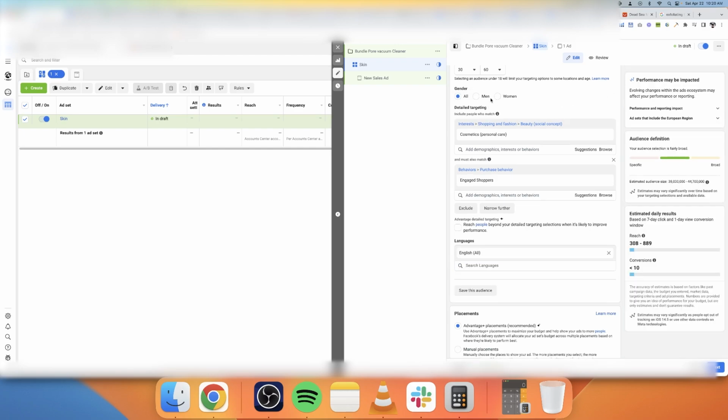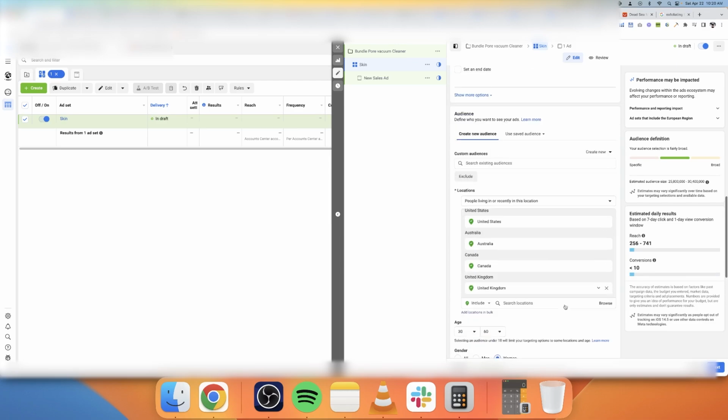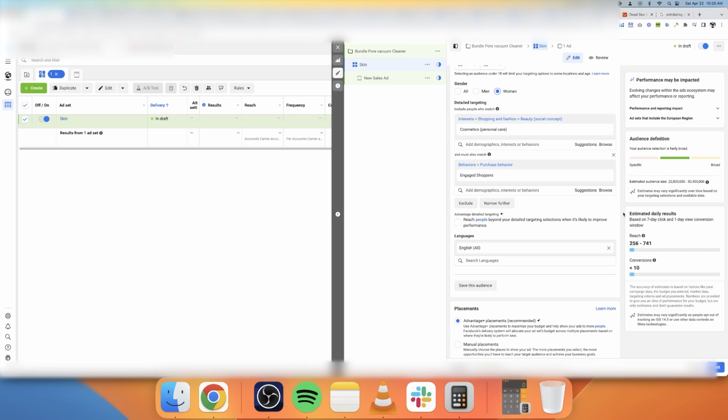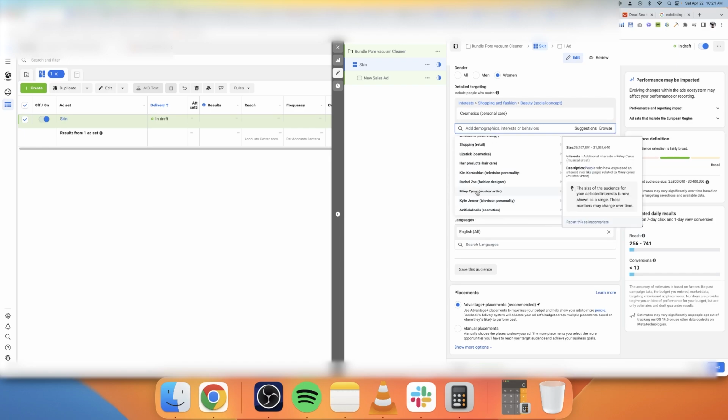Let me just narrow it down to women first, 25-30, quite a large audience for the first try, but I think it's good to test it. I would just do more variations, probably with smaller audiences. So personal care is quite large, facial cosmetics is smaller, anti-aging cream, natural skincare. There are some audiences that are smaller than others, so I would focus on those. Sometimes what you'll find is that celebrity interests work very well. If you resonate with those celebrities, or if you know that those celebrities are using specific procedures or specific things, oftentimes you can tap into that audience.